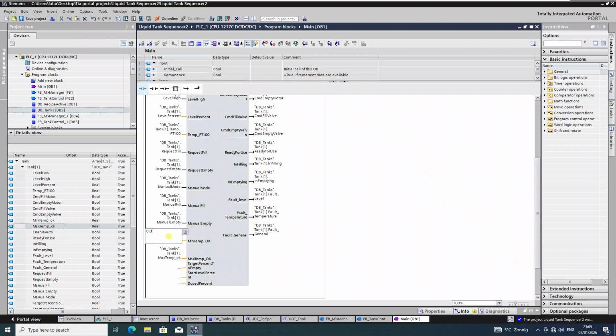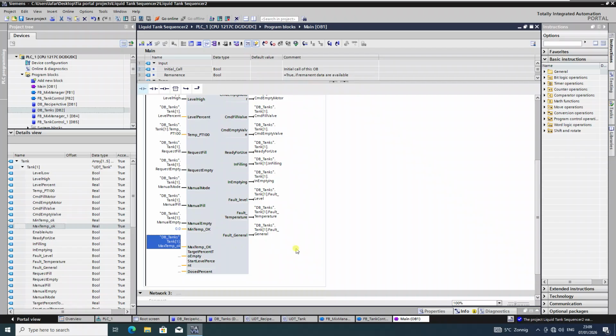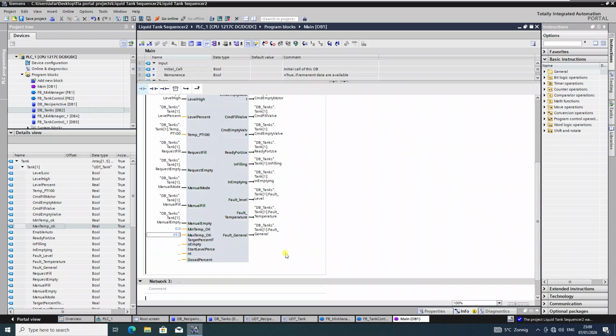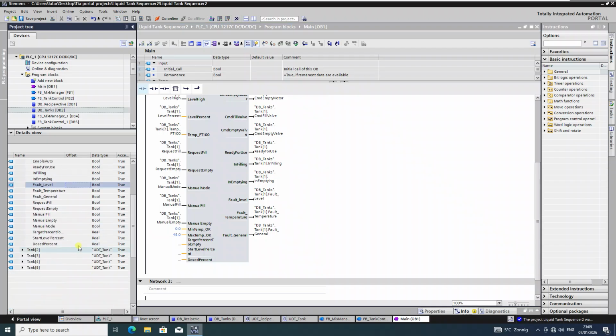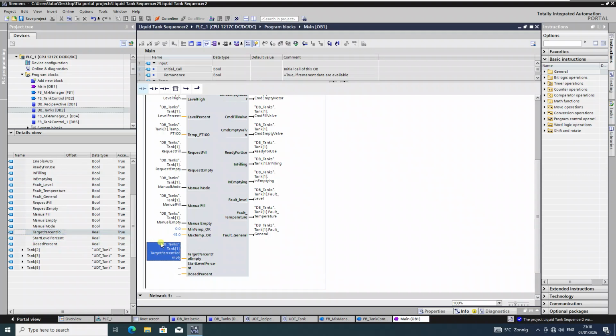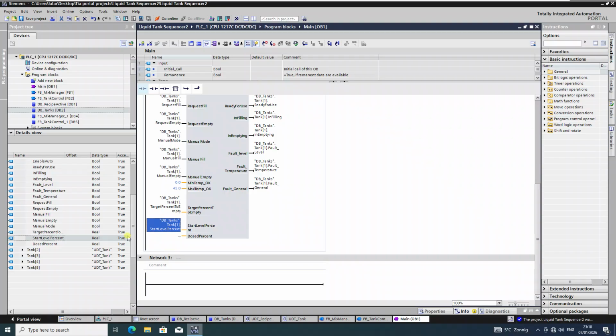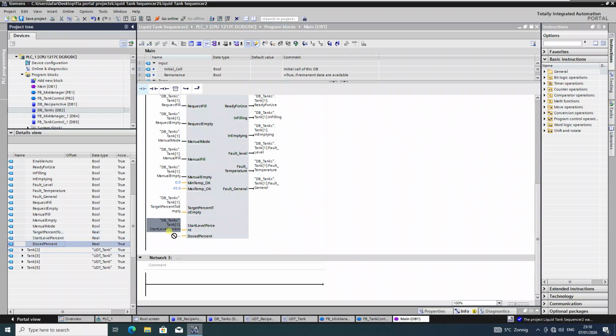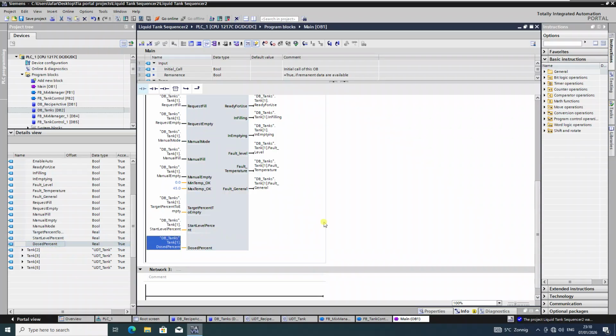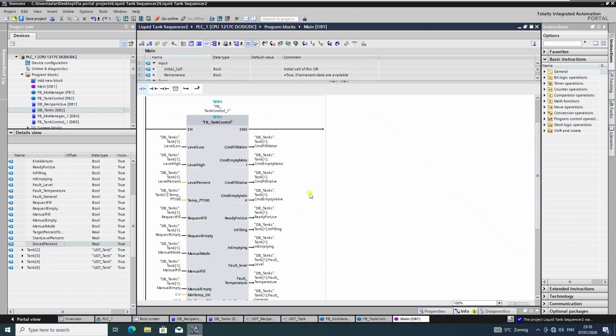Or instead of this variable, you can only put a number separately. And max temperature we put up to 45 degrees. And target percent to empty, start percent, loading percent. All right, now